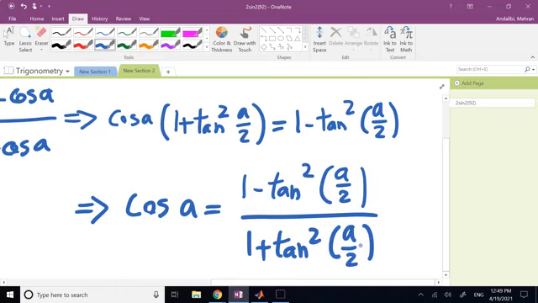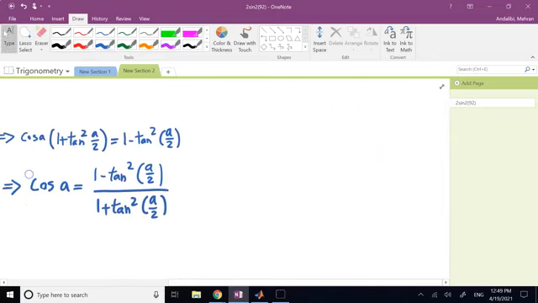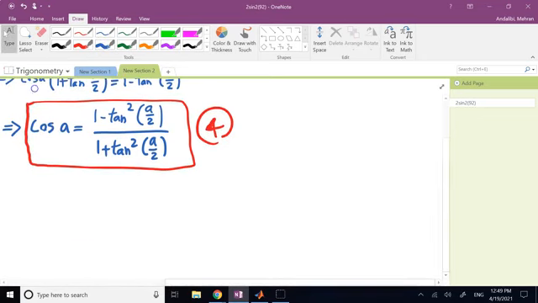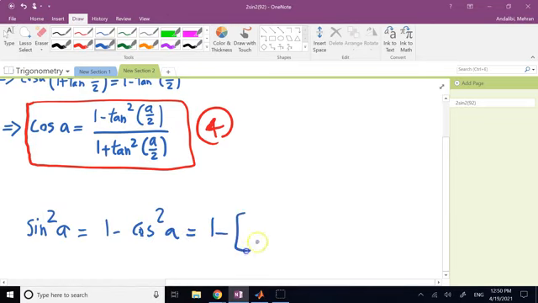Okay, so that's one of the important trig equations that I will use for solving that equation. I will call this equation number 4. The other one is, from here you can also find sine of A based on tangent of half angle, right? We know sine squared of A is 1 minus cosine squared of A. And if I replace cosine from the top equation, so basically this guy,